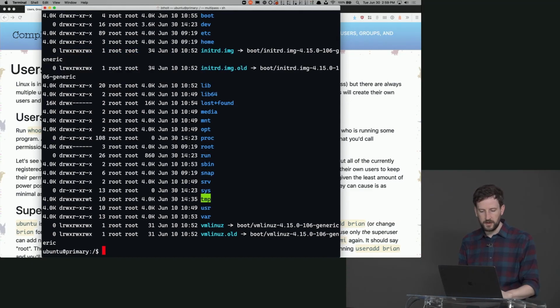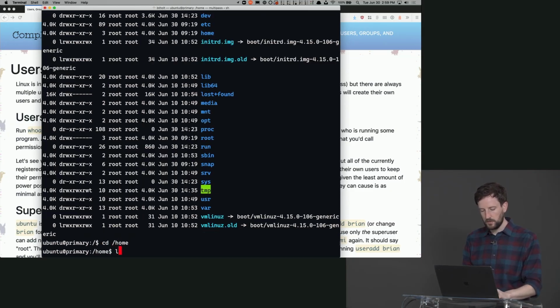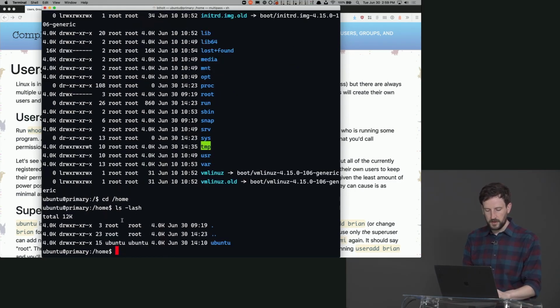So if you say ls -lsa, notice everything here is owned by root. The second one is the group. We'll talk about that in a little bit, but right now we're focused on root, the user. The root user is the only one that has any sort of privilege in this root directory to be able to do anything. Whereas if I go into home, you'll notice here that there is an ubuntu directory. That's my home directory as the ubuntu user, and that directory is owned by ubuntu. That means me, ubuntu, can do anything that I want inside of that directory. So it's kind of like containing that chaos, right?